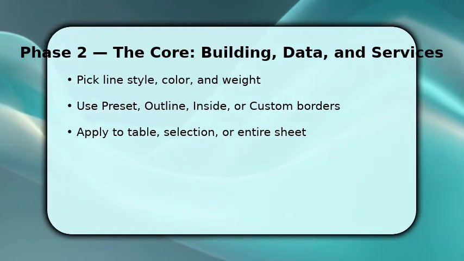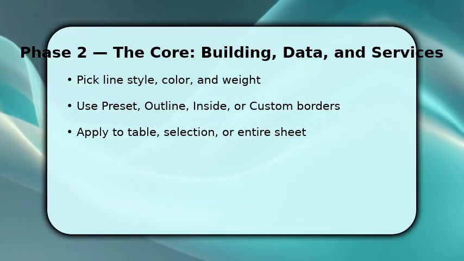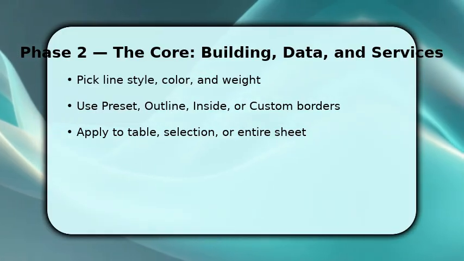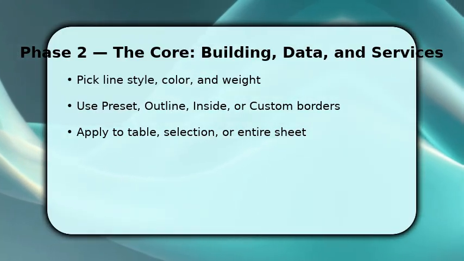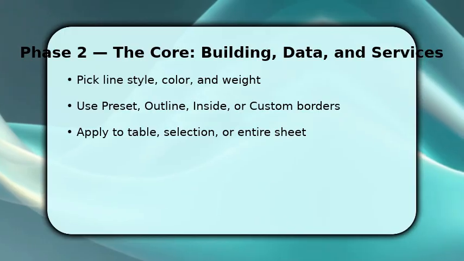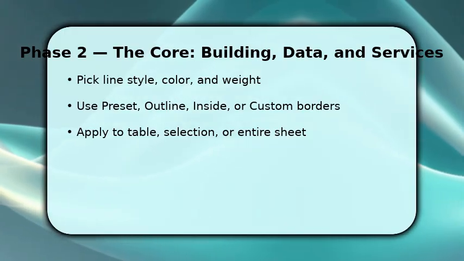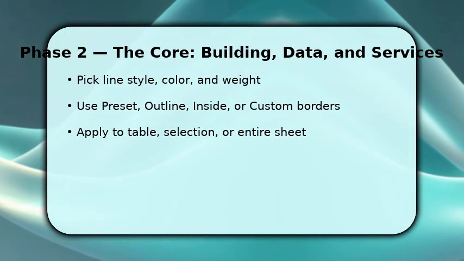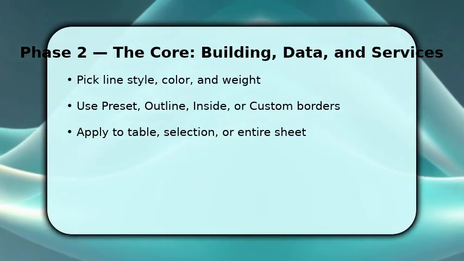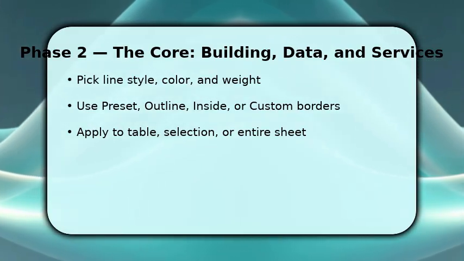Outline, inside, diagonal. If you need consistent formatting, apply to the entire table or use Format Painter to copy borders. You do this because different methods affect printing and filtering. Make sure to check Print Preview to finish by reviewing Print Preview and viewing the sheet at 100% zoom to